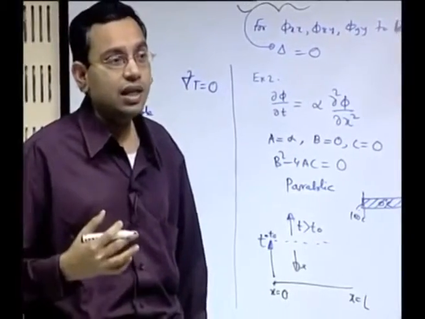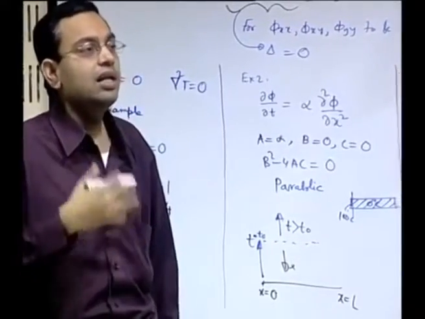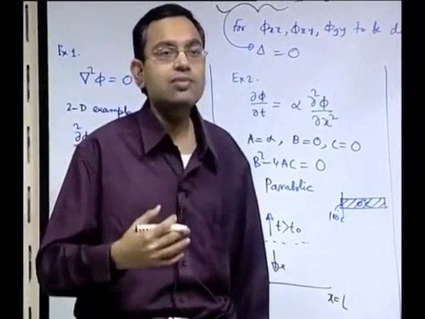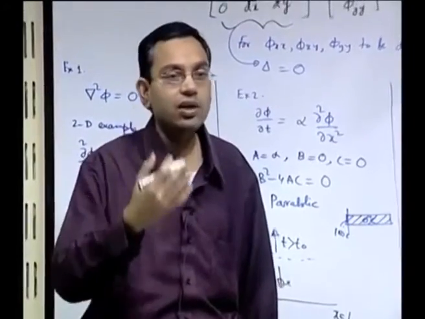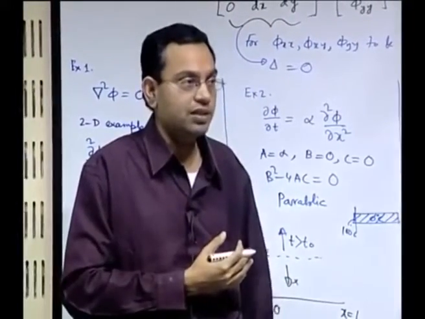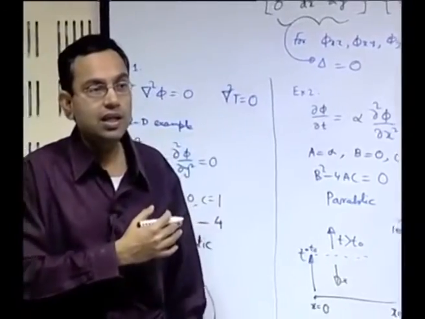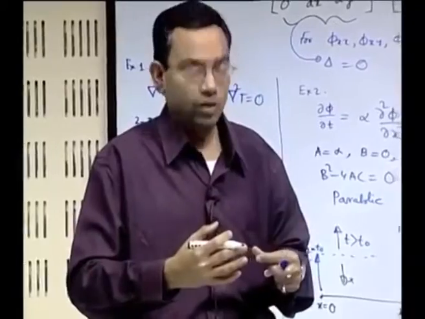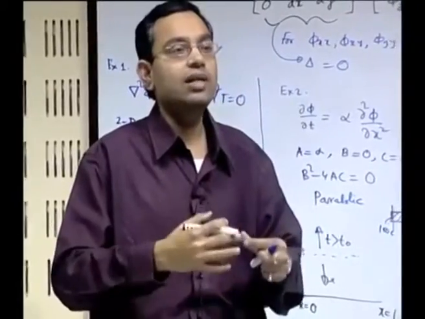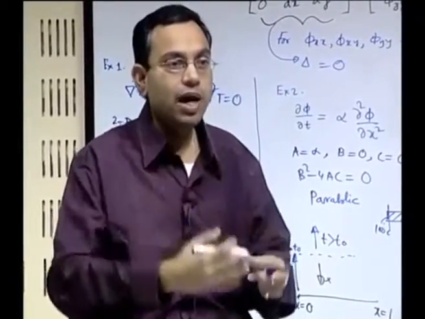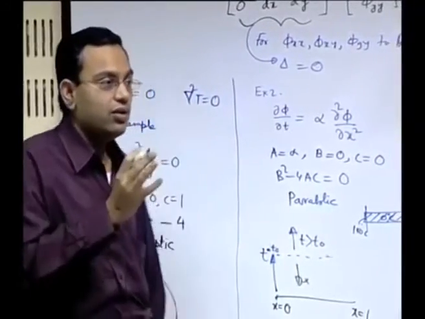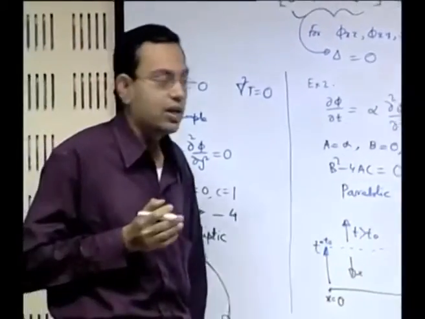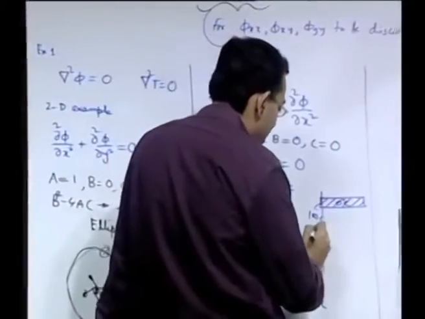How can we understand it? We can simply say that whatever is happening now can only influence what will happen in the future, but it cannot influence what has already happened in the past. Whatever has happened in the past cannot be changed or influenced by what we are doing now, but we can always influence something which will happen in the future by what we are doing now. So, that is how time is always a forward marching type of coordinate. These types of problems we call time marching problems.